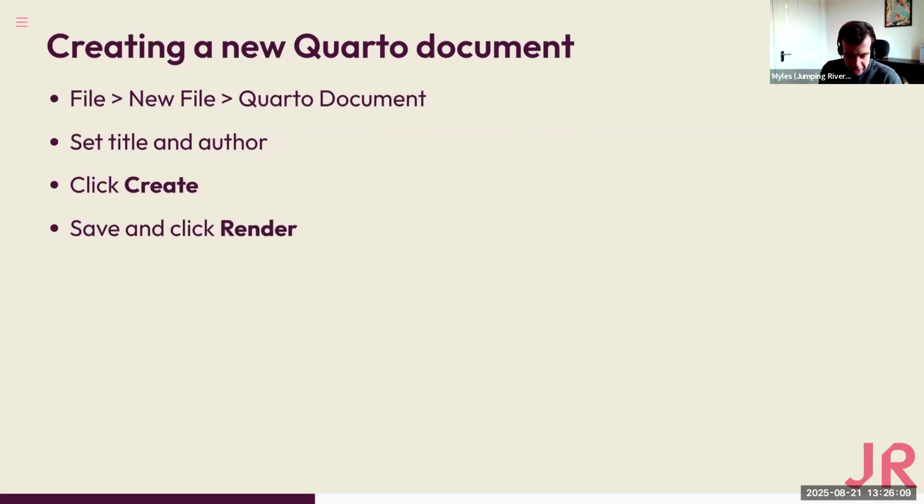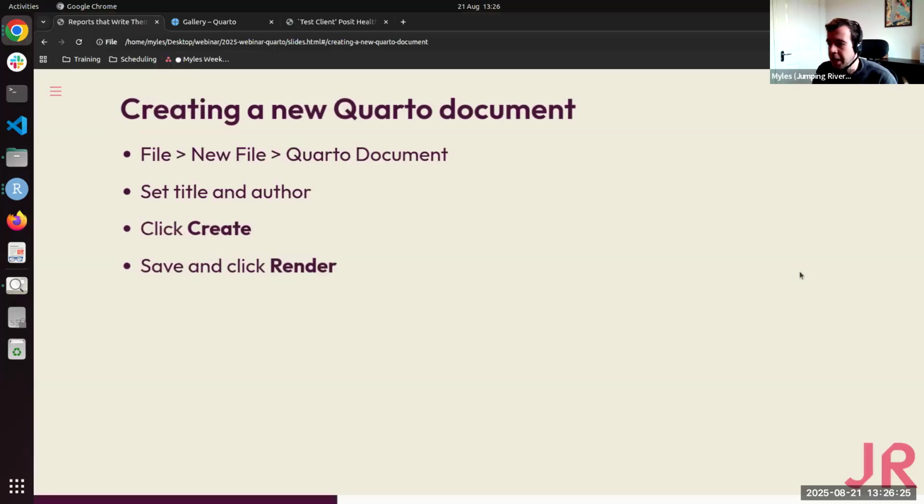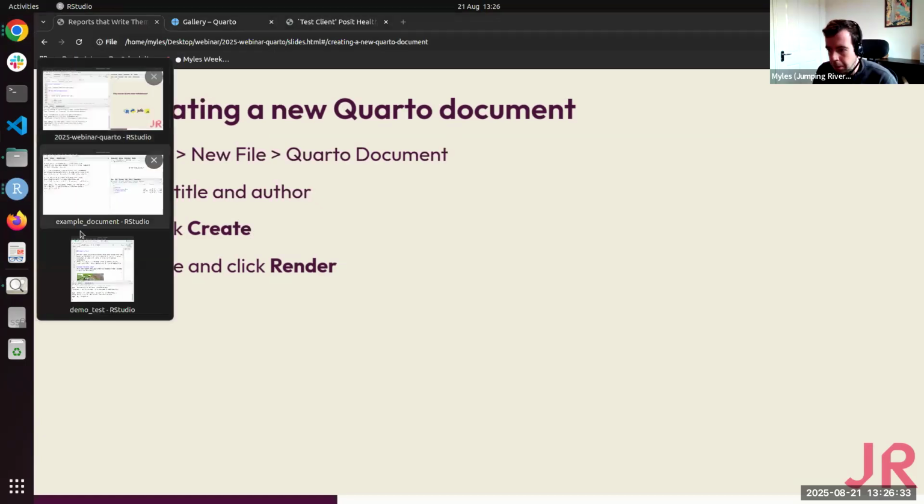So let's go about creating an example Quarto document, and I'll not spend too long on this, but just to show you the basics. So the way this works is I'm going to do this through RStudio, but like I said, you could also do this through VS Code using the Quarto extension. But in RStudio, you can click File, New File, and then select Quarto document. So I'm just going to open up